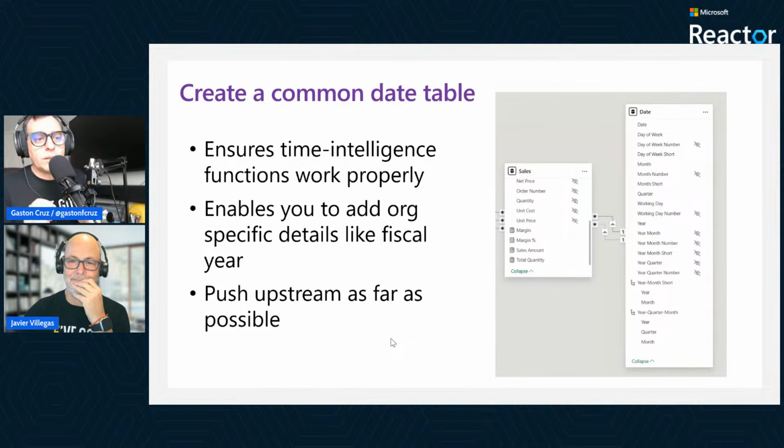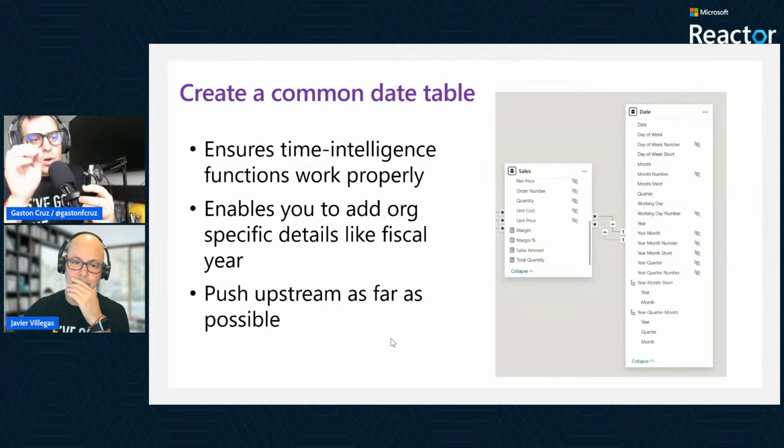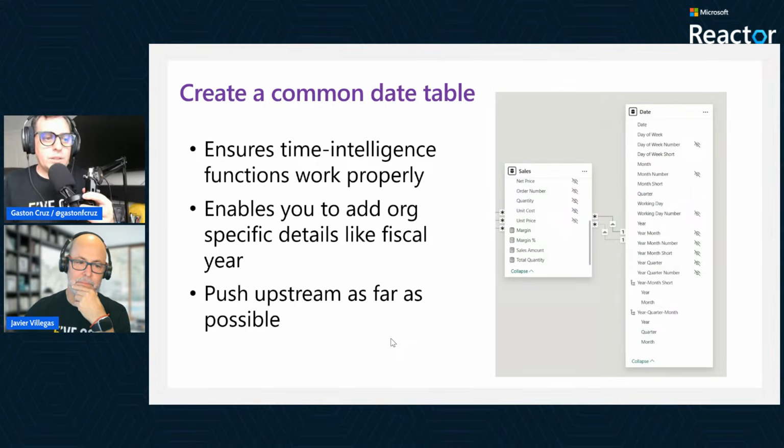Sometimes you can go a little bit deeper on that common date table. Let's say that your company ends its fiscal year on June 30 or November 30, and you want a common date table that allows you to slice the data by your fiscal year. You can go to Copilot and ask, "Hey, I need a Power Query statement to create a common date table for my company fiscal year with all the breakdowns." You can do that, and you can start from there. So it's really important to understand that that is available.